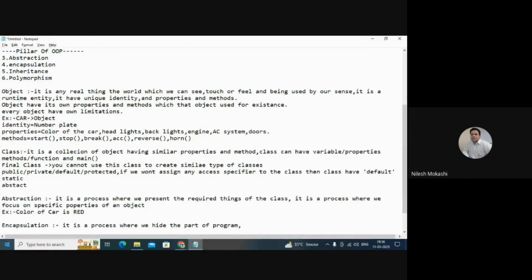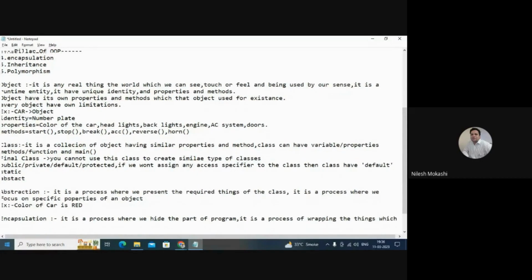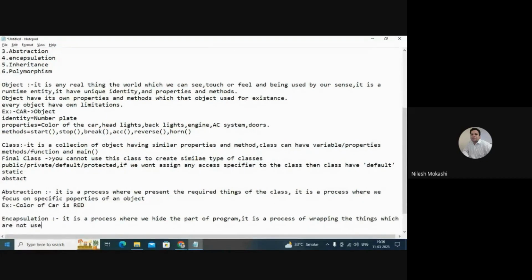Or you can create one more definition for encapsulation: it is a process of wrapping the things which are not used by people. For example, take a television set. The television set has all the properties, but we can see only specific properties. The other properties are wrapped.